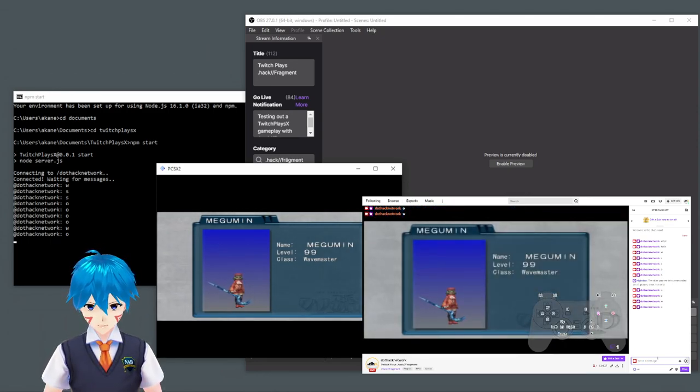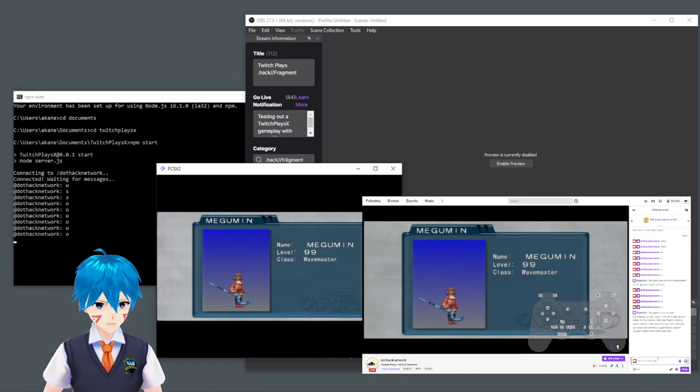As I previously mentioned, playing TwitchPlaysFragment over the chat box is going to be very difficult to actually enjoy the game because of the delay that you see going on. This is meant to encourage you to go ahead and install PCSX2 on your PC or play dothack Fragment on a PS2 if you have free McBoot. This is just to prove that it is a working concept that you can play these games today. However, let's say you don't have a PlayStation 2 and you don't have a powerful enough PC, you could play Fragment through this method right here on